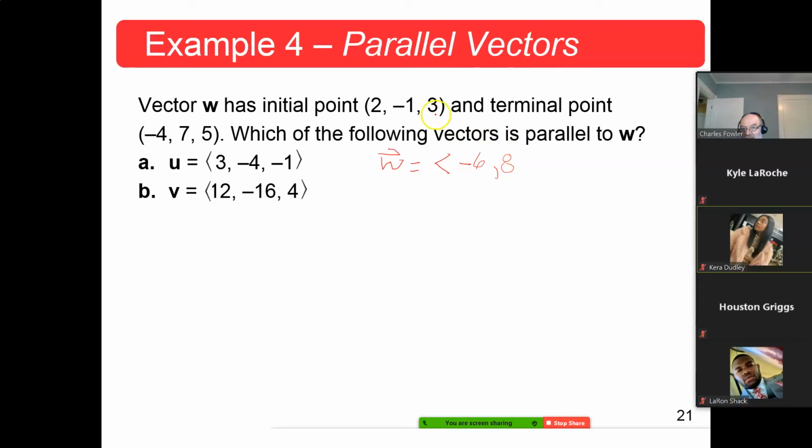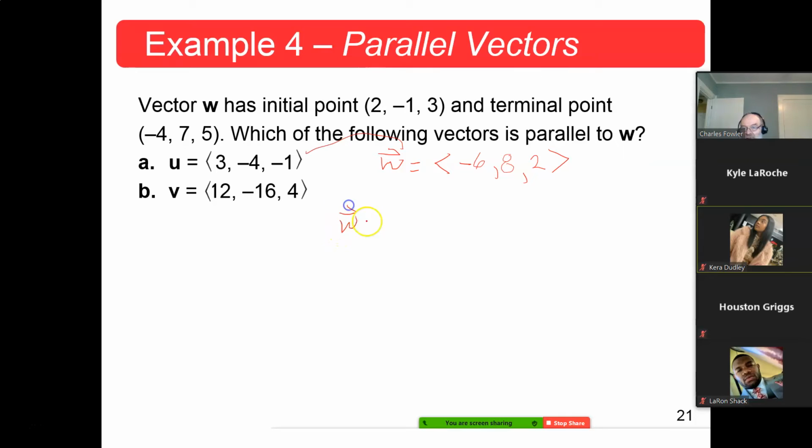7 minus -1, it would be 7 plus 1, is 8. First component was -4 minus 2, that's -6. Third component, terminal minus initial, 5 minus 3 is 2. Now, we look at these. That is indeed